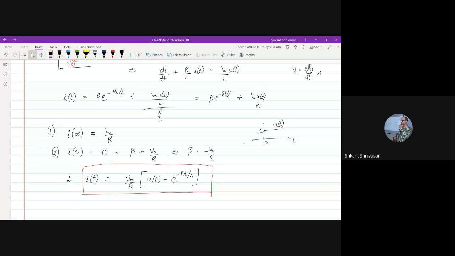So what is the forcing function here? Can you tell me? What is the forcing function? The forcing function is the applied voltage. You applied a voltage V naught into U of t. Because you applied this forcing function, you know the property of the inductor in steady state: after the time has settled for a long time, this inductor becomes a short circuit and the only current that will flow is V naught by R, right? So if I put t equal to infinity, this term will vanish and I will be left only with this. So this is the forced response of the system.